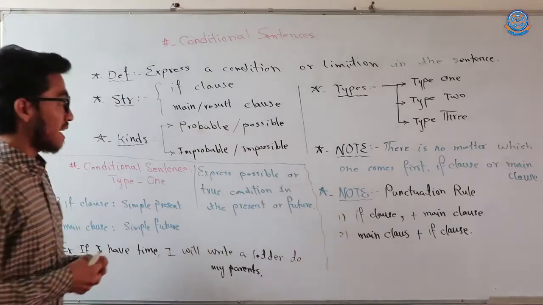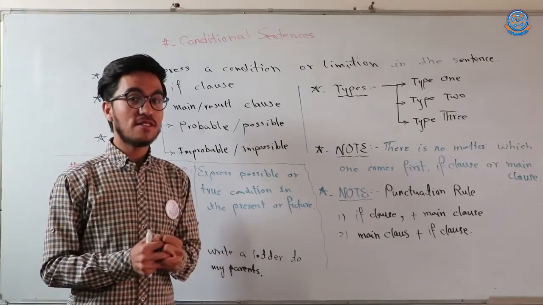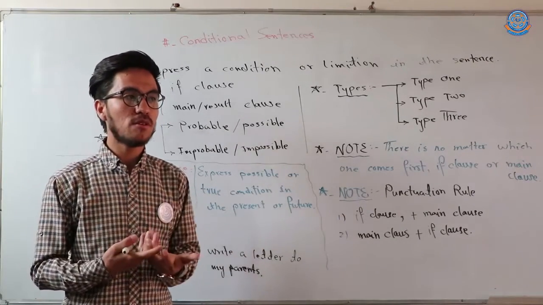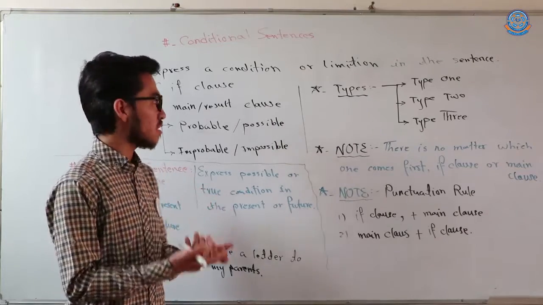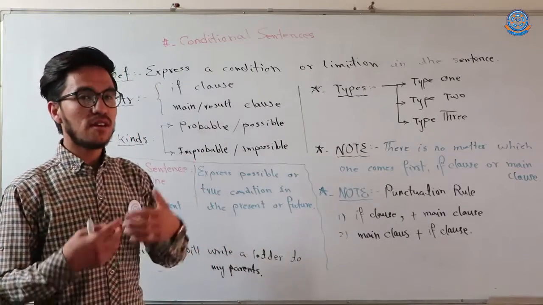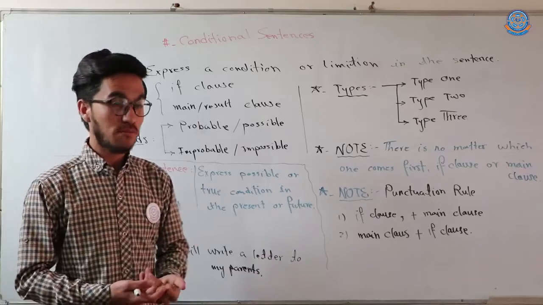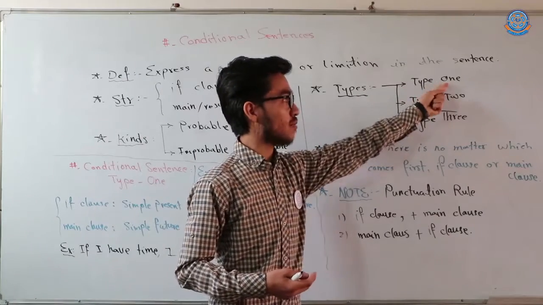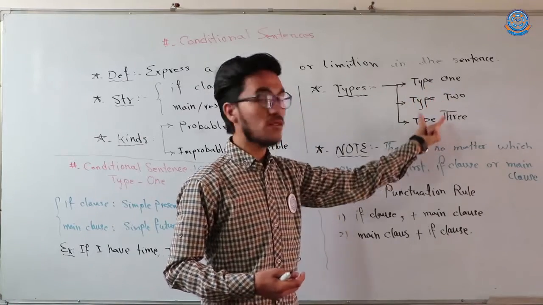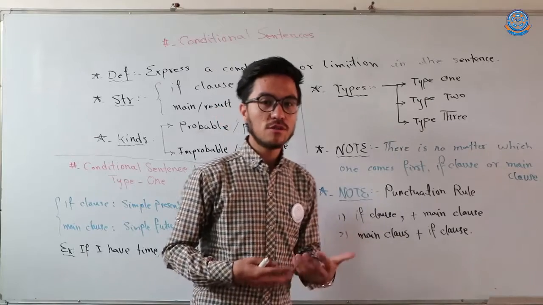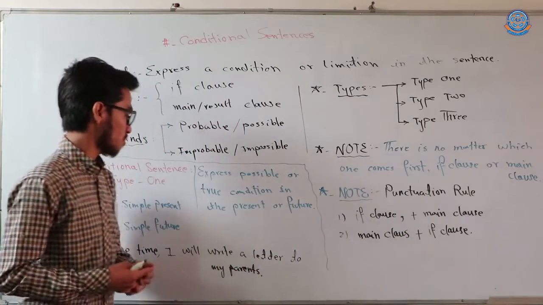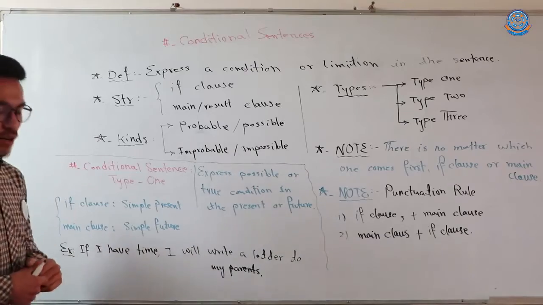But the important point is that most students learn conditional sentences with the names of the types. For example, we have type 1, type 2 and type 3. One by one we are going to talk about them. So the first part is